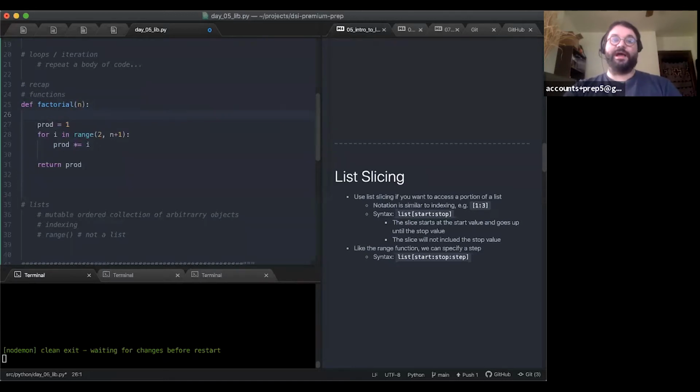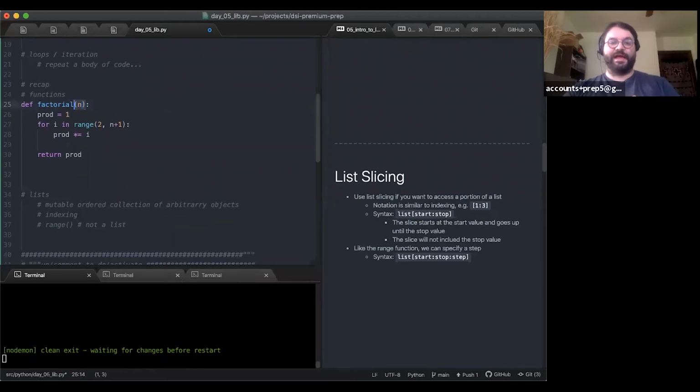So how do I actually utilize this? Well, I have to make a call to the function. Now the function has an output and I want to see the output, so I want to print the function call. When this function runs, it's going to return whatever the value of prod is, and in order that we can see it, I'm just going to print it out. Then I replace whatever is in the parentheses with the appropriate arguments. So if I want to do factorial 4, I invoke the function.